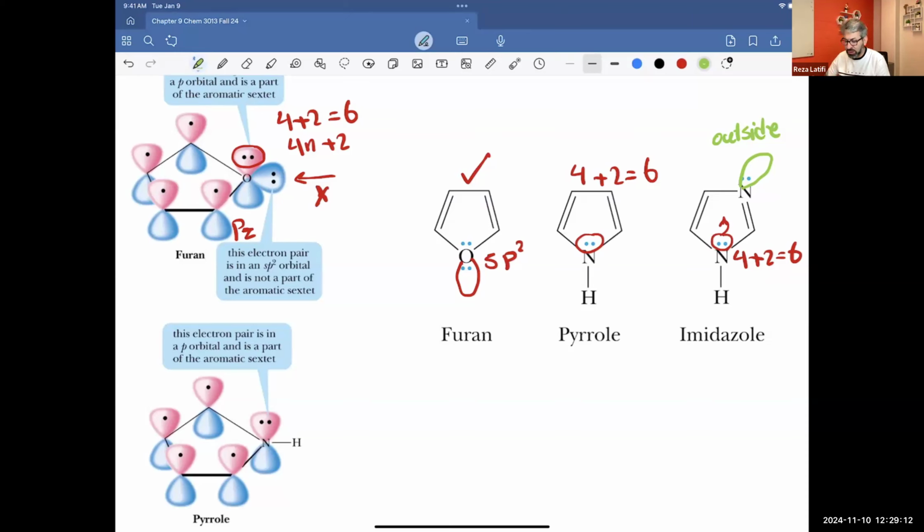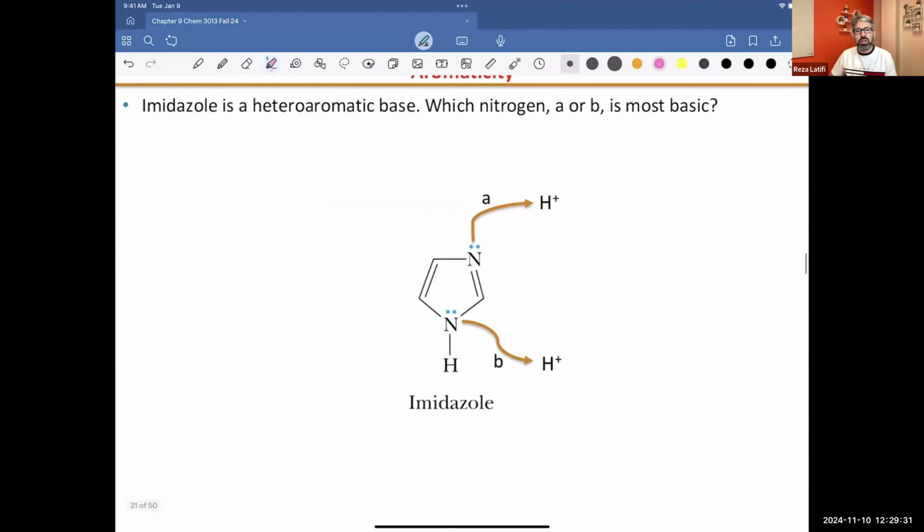So I'm not going to count that one. I'm going to say this one will be aromatic. And the second lone pair is not going to be part of the conjugated system. That means that lone pair will be available for acidic H. Now, question: which one of these nitrogens is more available